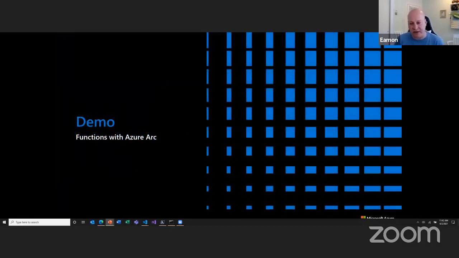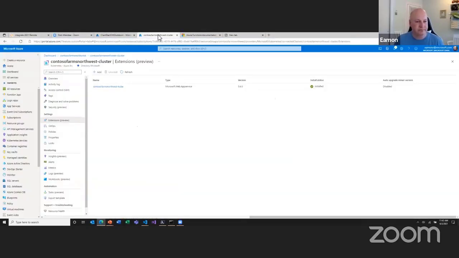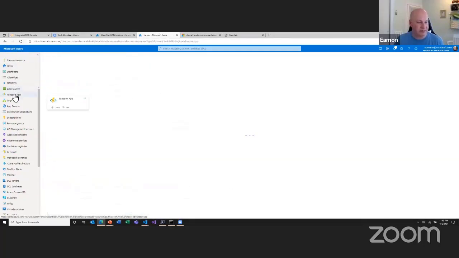Okay, so with that, I'm going to jump back in and give a quick demo of Azure Arc with Functions. You may have seen some of these earlier with Event Grid, APIM or Logic Apps. I wanted to make sure you saw the full picture with Functions as well, and allow you to get up and started quickly if you want to take advantage of hosting Azure Functions anywhere you want, but get all of the benefits of a consistent management plane and developer experience. Okay, so I'm going to go back into the portal. And if I go back here, I'm just going to create a function app.